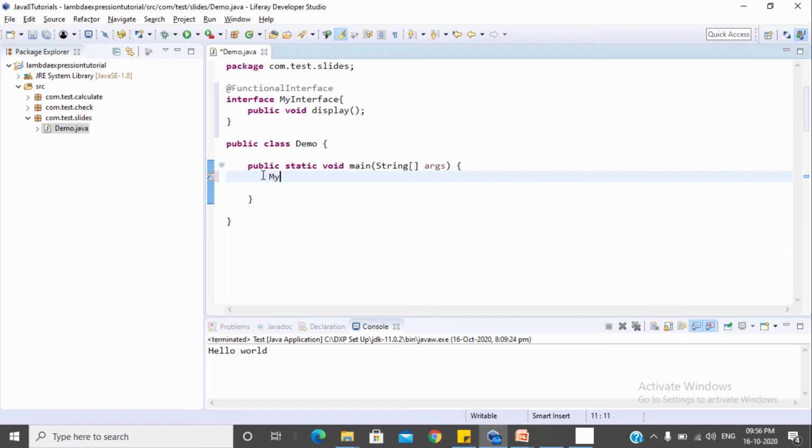So let's write it. So I just copy these arguments. There is no argument, so I keep them blank. If there is no argument, you must provide these brackets, and now it's a single line statement. So let's write something.